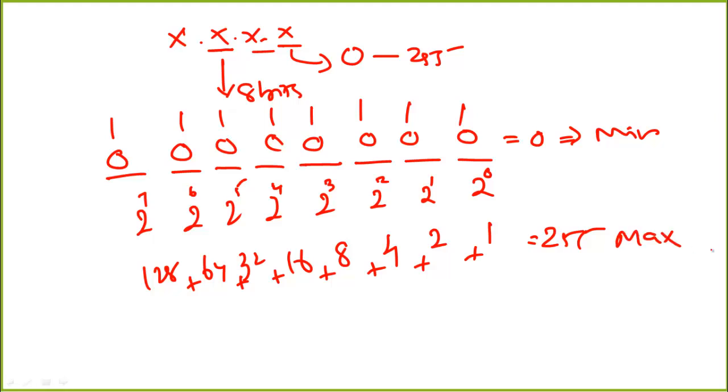You understood? So for any octet in an IPv4 32-bit address, the minimum possible value is 0 and the maximum possible value is 255. You cannot go beyond this. If you look at an IP address like 192.168.257.8, is this a valid IP address? It is not a valid IP address, because 255 is the maximum possible value in any octet. And that you have found out how. That is how we got this 0 and 255.